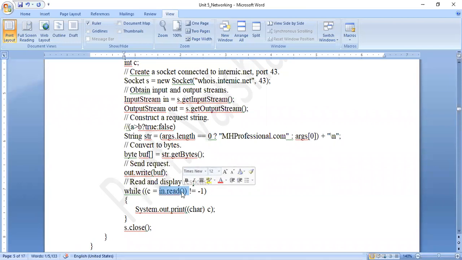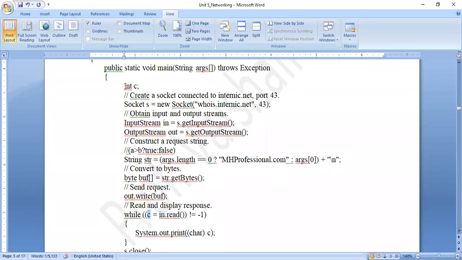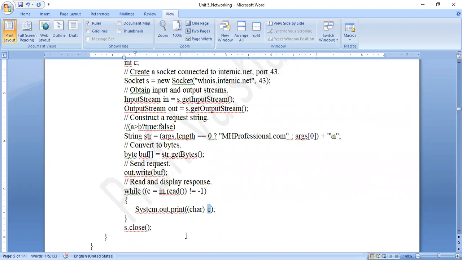The read byte, or the read value, I'm going to store in a variable called c. As you all know, here we had created one variable of the type integer. As you all know, integer and byte are type compatible with each other. They can get typecasted easily. So I'm going to store the value which I have read in c, byte by byte, and I'm going to print it in the form of a character. So that byte value, I'm going to convert it into a character, and then print it on the screen. And then I'm going to close the socket.